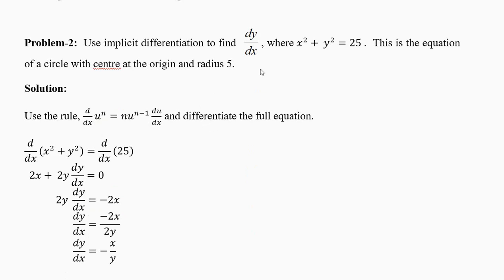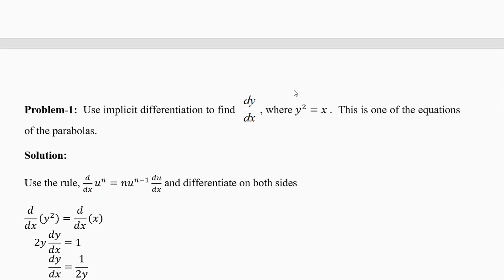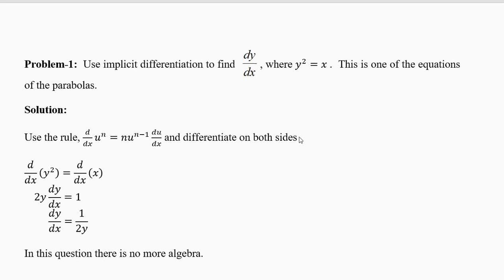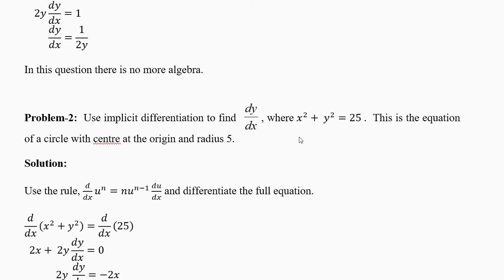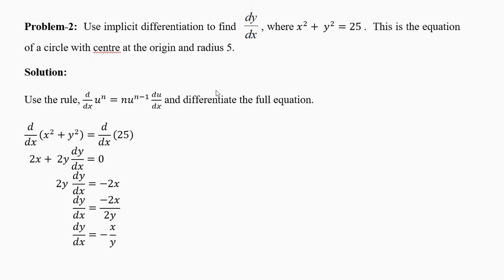Now let's look at another function. The last function was a parabola, but please don't worry. There are different ways to write the parabola. This is one of the methods, one type of parabola. Now you have another situation. Find dy by dx where x square plus y square equal to 25. This is the equation of a circle with center at the origin and radius 5. Don't worry what the function is. Many functions have names, some do not have, and they have their own properties.